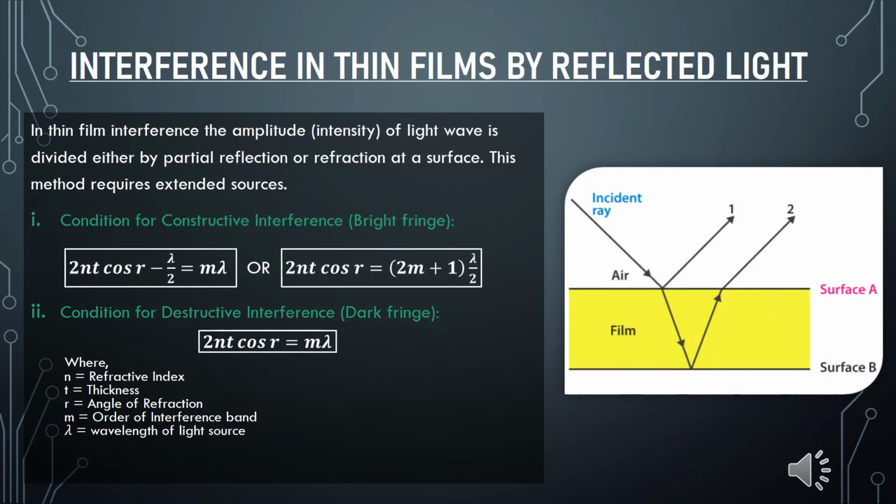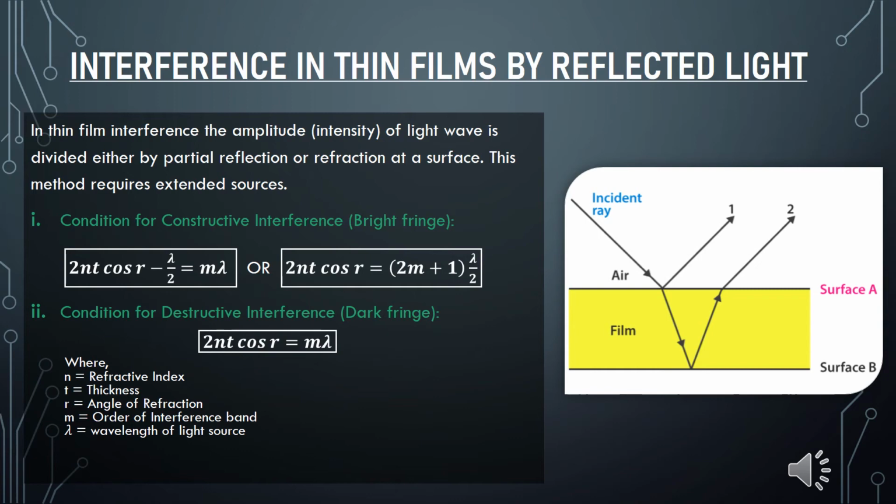Thin film interference is a phenomenon in which the light is partially reflected or refracted off two surfaces forming a thin film. The coherent beams thus formed are due to division of amplitude. The condition for constructive interference and destructive interference in the reflected system is given by 2nt cos r minus lambda by 2 is equal to m lambda, or 2nt cos r is equal to (2m plus 1) times lambda by 2, which corresponds to a bright fringe, and 2nt cos r is equal to m lambda, which corresponds to a dark fringe,